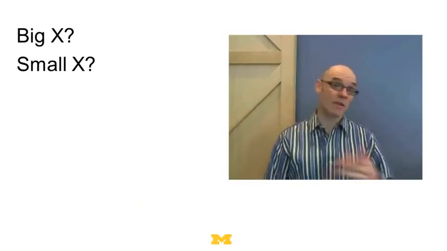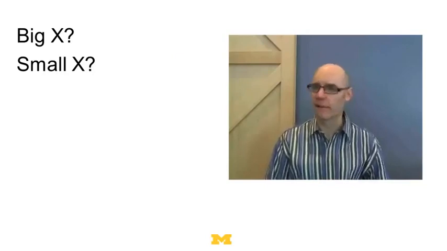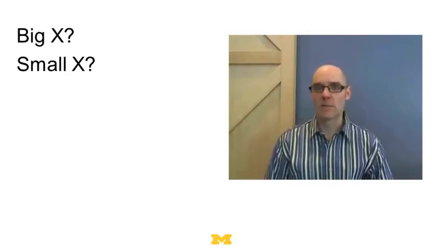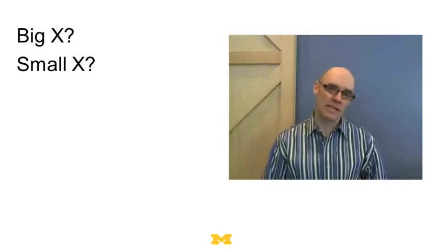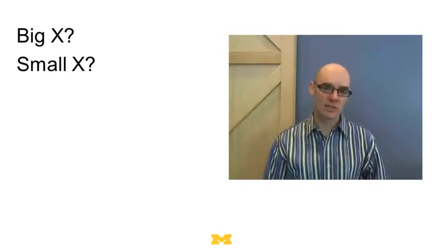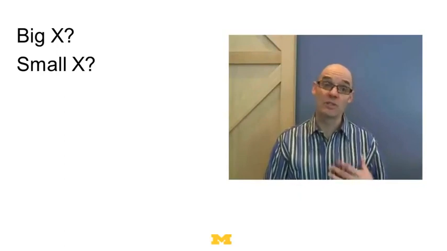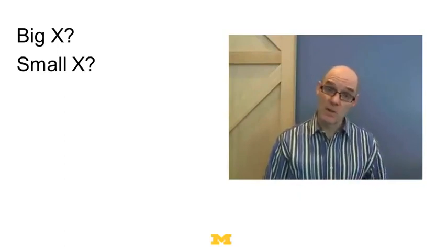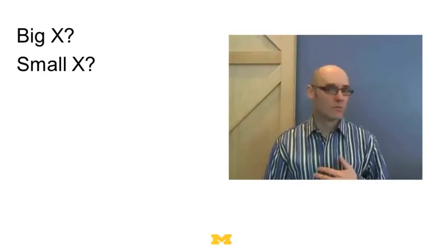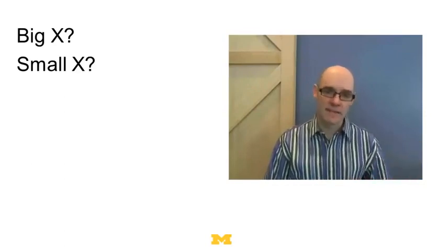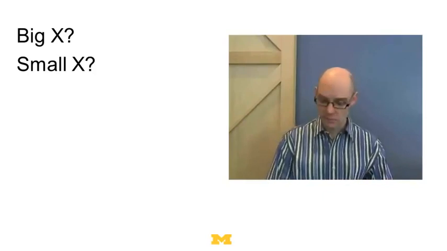This is a cool thing about models. You write down these little variables, then you can think, okay, what does that mean in the real world? What would it mean for X to be big or X to be small? Well, that's how willing you are to stand based on other people standing. A big X would mean if you didn't stand initially, you need to see a ton of people standing before you stand. So this would represent people who are really secure in who they are. A small X would mean people who are ready to jump on any bandwagon. So if 5% of people are standing, then they stand. So this X tells us something about the people in the audience, which is an interesting thing to think about.